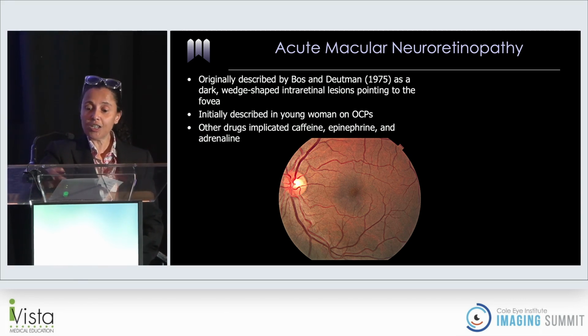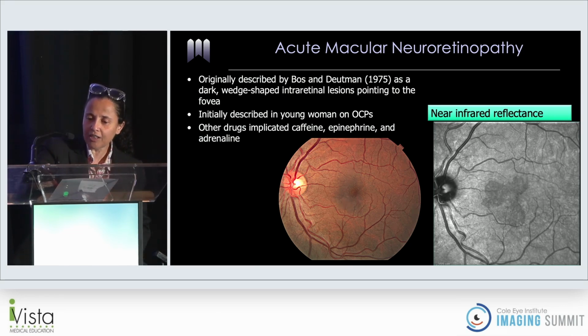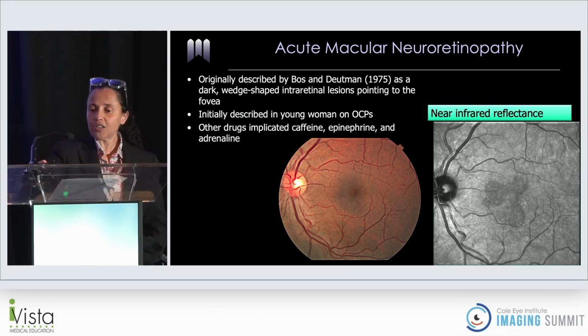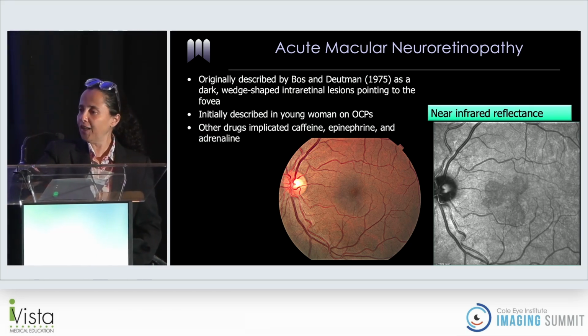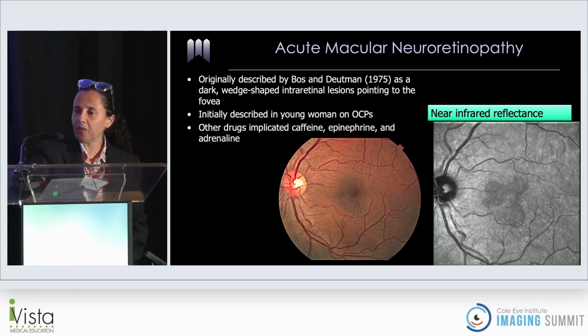We didn't have an OCT in the county. The clinical exam was difficult. This is what I saw. I'd read about it. I said, let's bring her over to the clinic at Doheny and get an OCT. And the first thing you see with the OCT is the near infrared. You get the added benefit of this beautiful butterfly lesion that shows up very nicely. So now you see the wedge-shaped lesions pointing to the fovea,